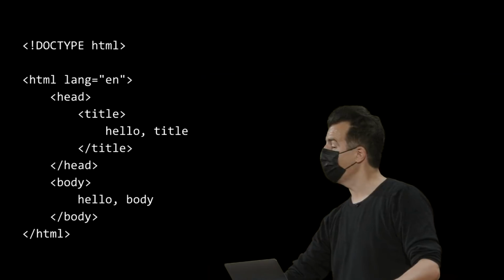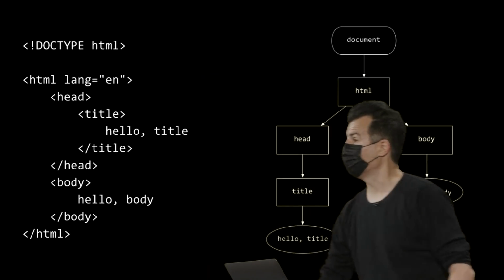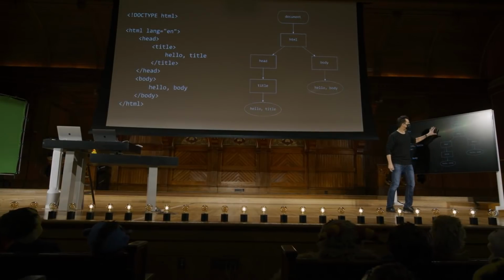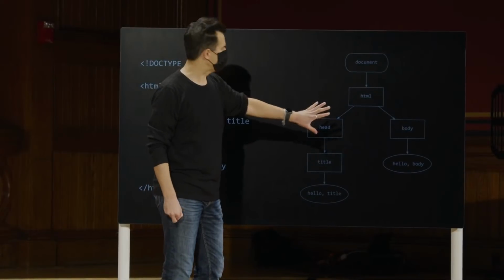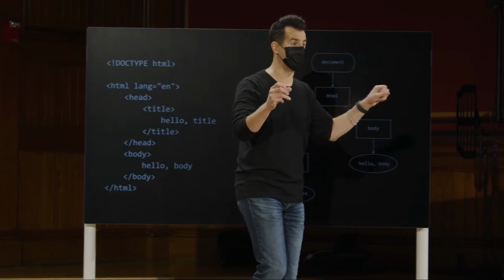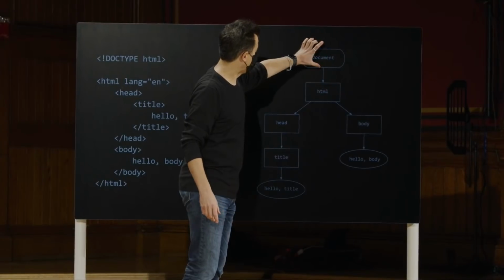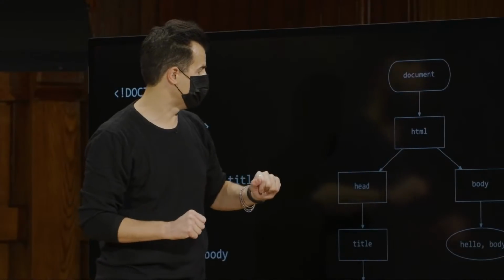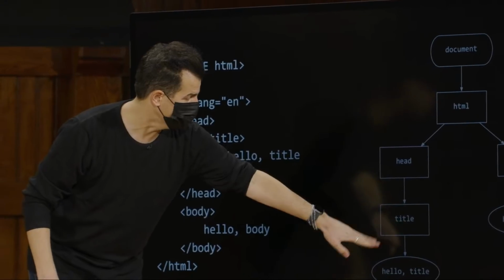What's nice about this indentation, even though the browser technically is not going to care, is that it implies this kind of structure. And this is where we connect weeks 5 and now 8. Here is the tree structure we began to talk about, even in our world of C. It's not a binary tree, even though this one happens to have no more than 2 children. It's an arbitrary tree that can have 0 or any number of children. But if we have a special node here that refers to the document, the root node, so to speak, is HTML, drawn with a rectangle here, just for discussion's sake. It has 2 children, head and body, also rectangles. Head has a title child, and then it